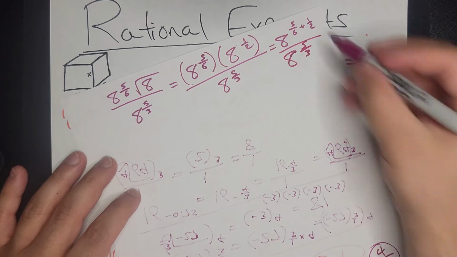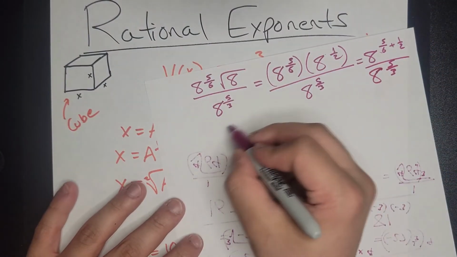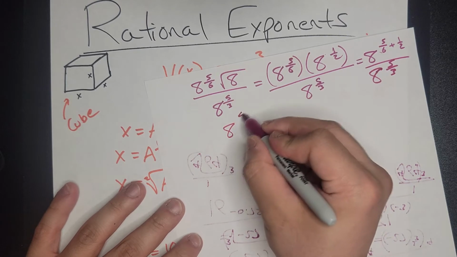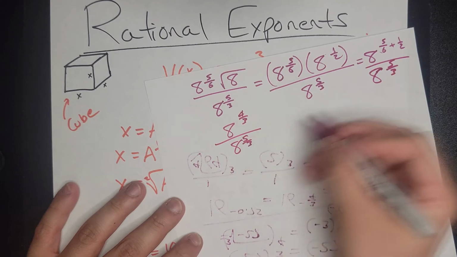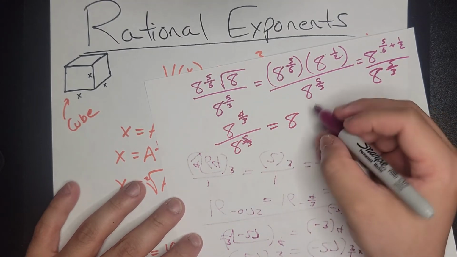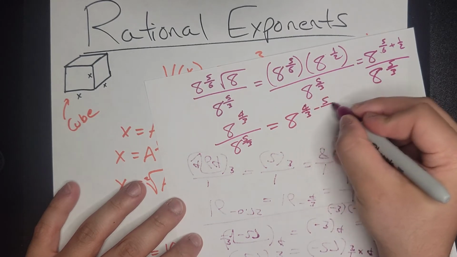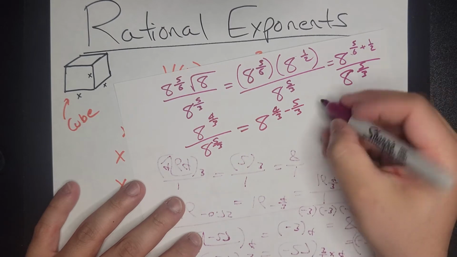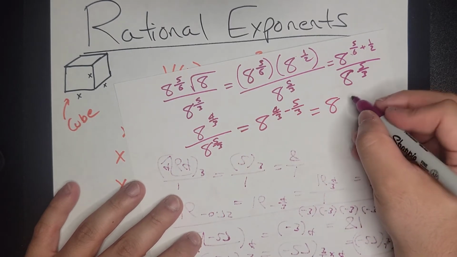So now I have this evaluates to 4 over 3. So I have 8 to the power of 4 over 3 divided by 8 to the power of 5 over 3. Dividing exponents is going to give me a subtraction of the exponents, so 4 over 3 minus 5 over 3. So I'm left with 8 to the negative 1 over 3,